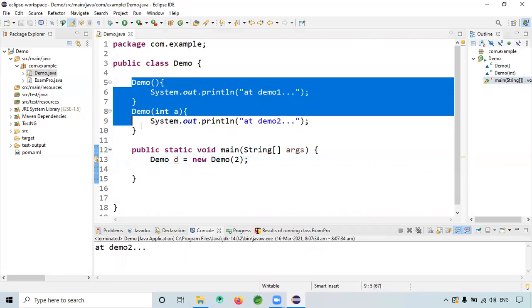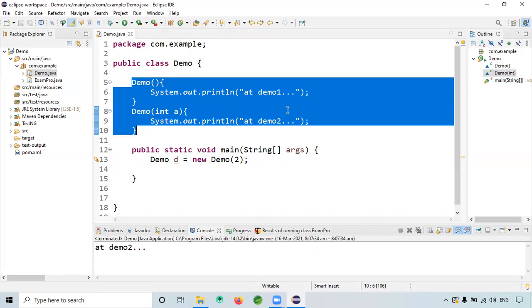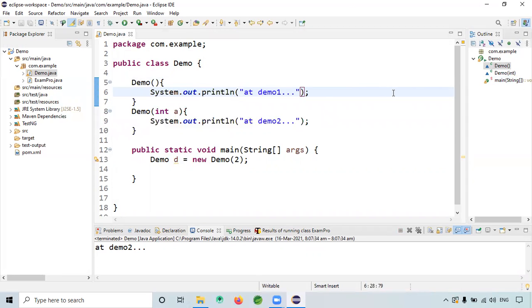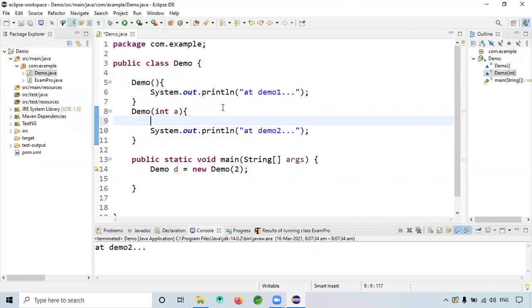I wanted both constructors, right? I forgot actually. Okay. If you want to call, just call this like this. When I call this, now you observe.